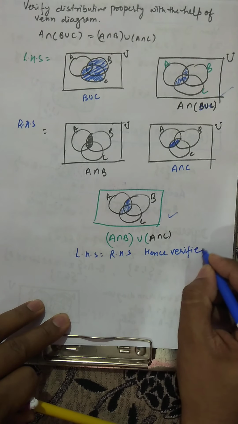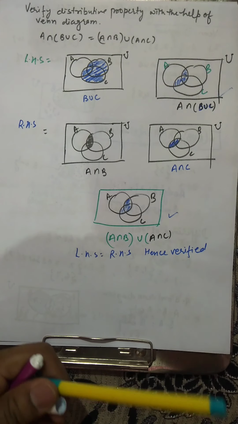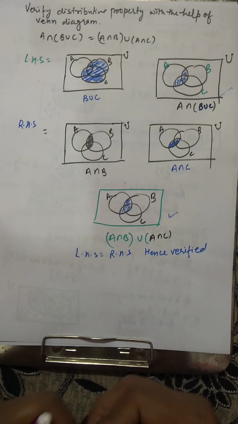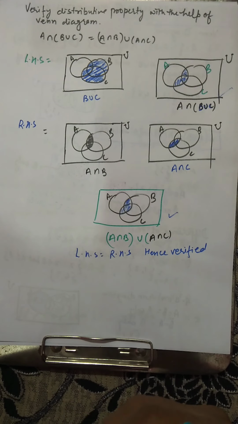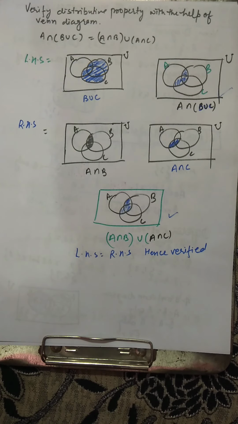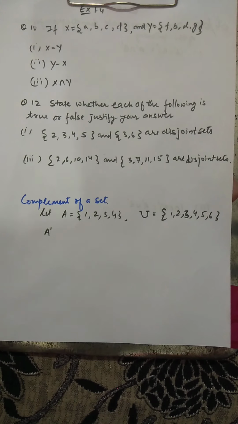So you have verified with the help of Venn diagram. It will be asked in the exam particularly that you verify this with the help of Venn diagram. Let's quickly discuss exercise 1.4 question number 10 and all the remaining questions which I'm not discussing here. You can see how all questions are to be done. If you know union and intersection, you can do all the rest of the questions. So do at least one part of each of the questions which are before question number 10.